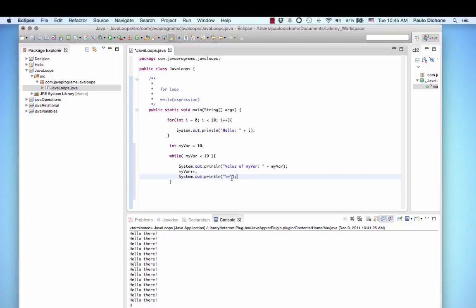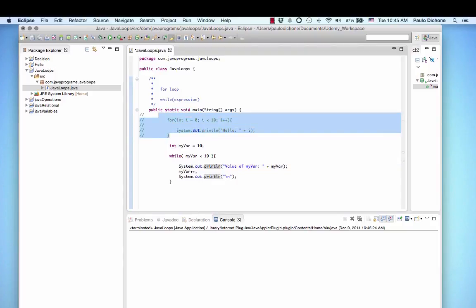Go to the next line, create a new line. So \n is just for new line. Whenever you see this, that's what it means. All right, so let's give it a test and then we're going to go over everything. But before that, let's comment this out. Save and run